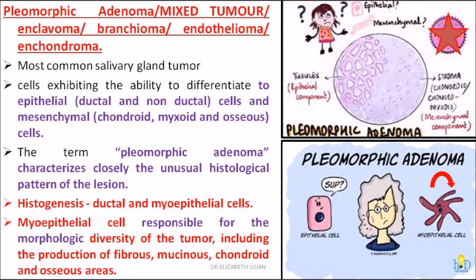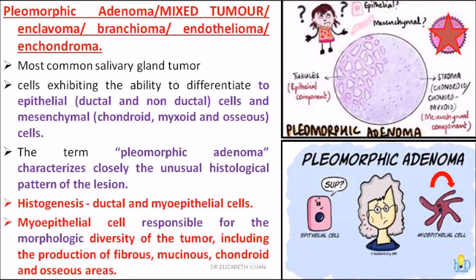Now which is the causative factor for pleomorphic adenoma? As I told you in the first lecture on salivary glands, the myoepithelial cells, that is the basket cells, are the ones mostly acting as the culprit for the cause of pleomorphic adenoma. They are the ones giving rise to pleomorphic adenoma. They give rise to different forms of tubules and different forms of mesenchymal components. So they are the culprits. Along with them, a few ductal cells also remain.